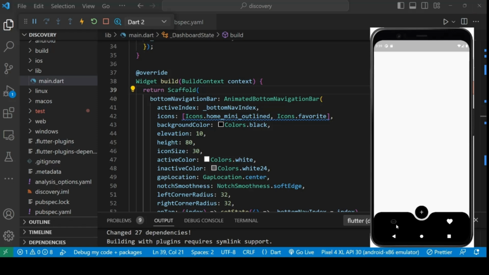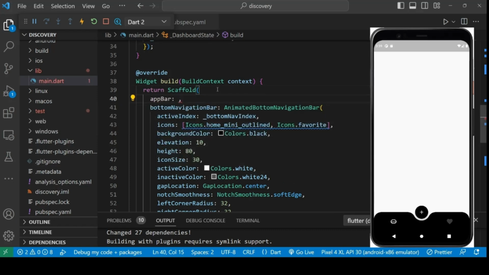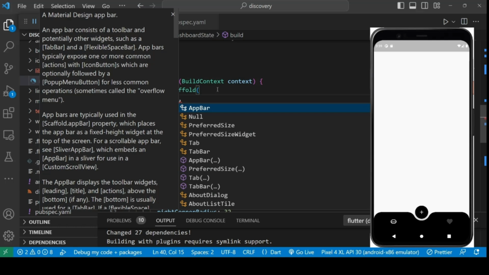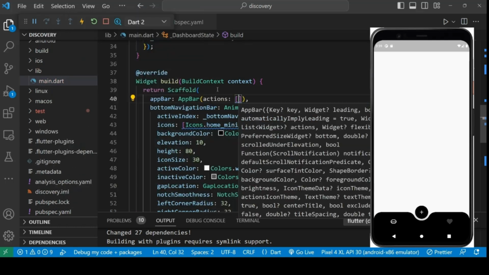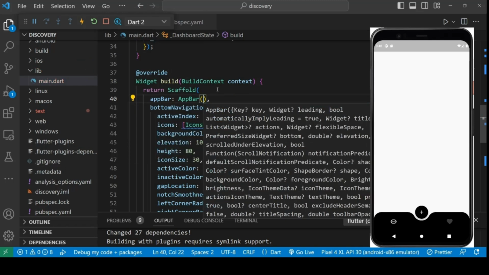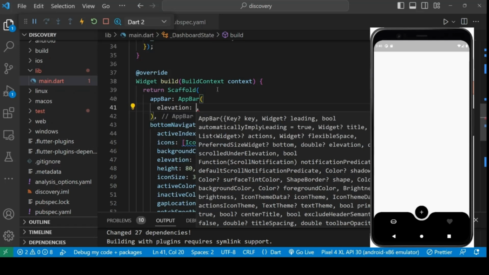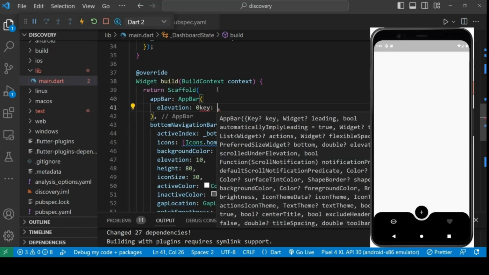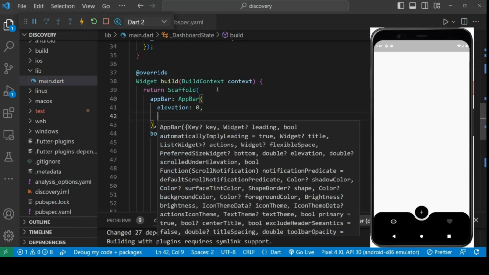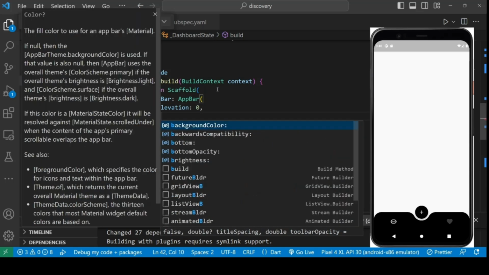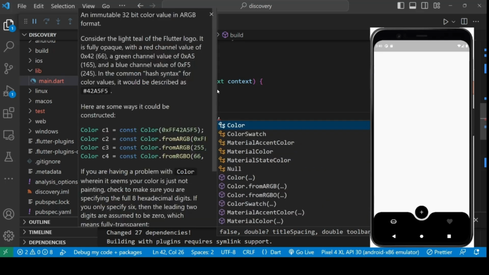For the code which we have written, and let's include the app bar too. For including the app bar, we call the property called app bar. Inside app bar, we can give the properties like elevation, like the elevation which will be 0, and background property which will be white